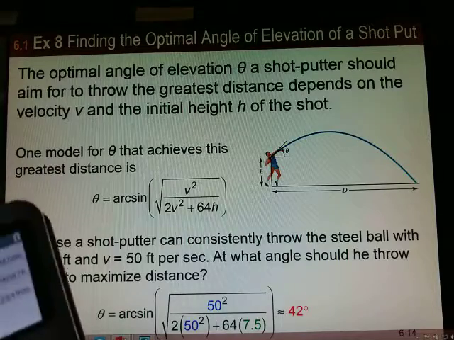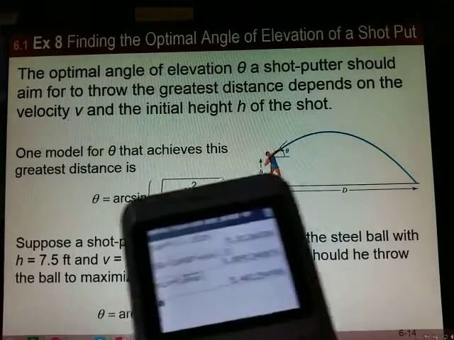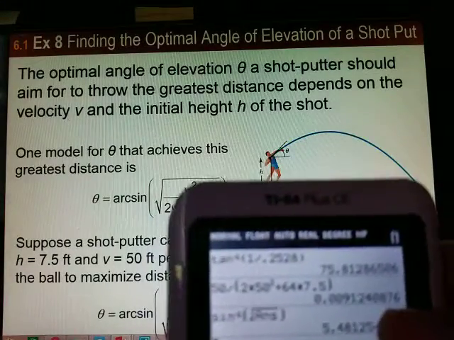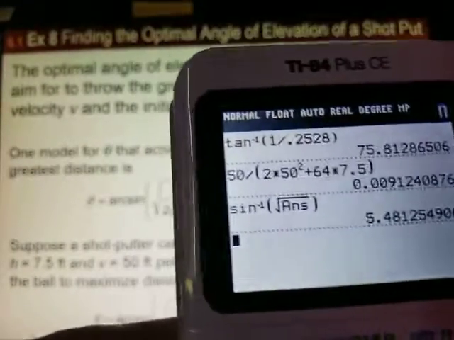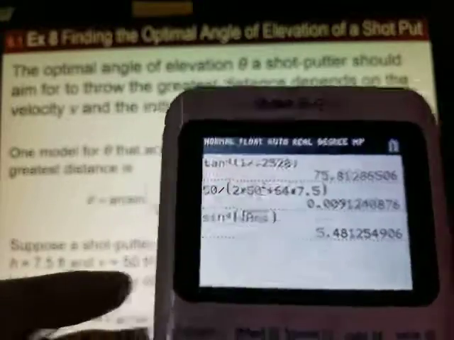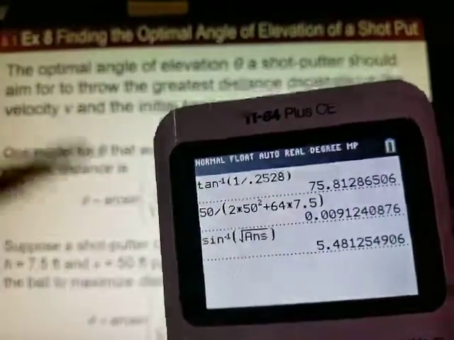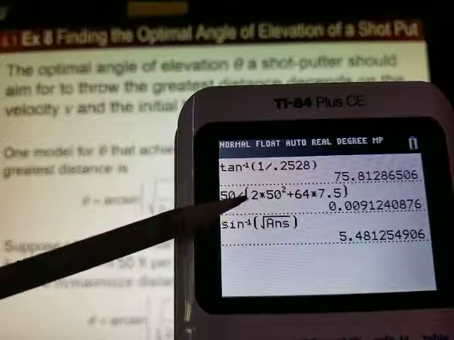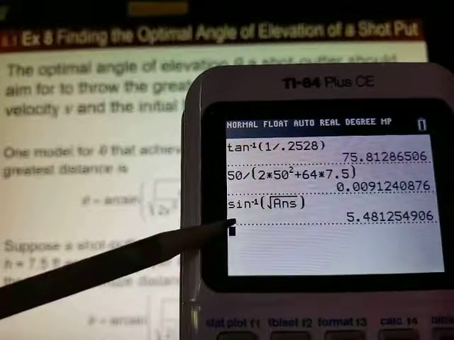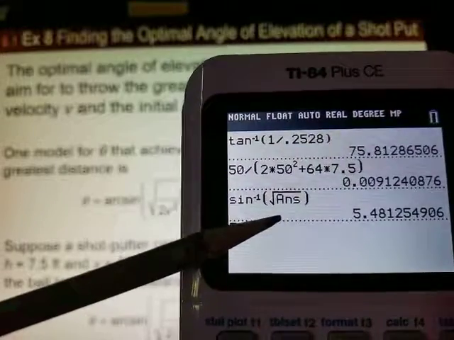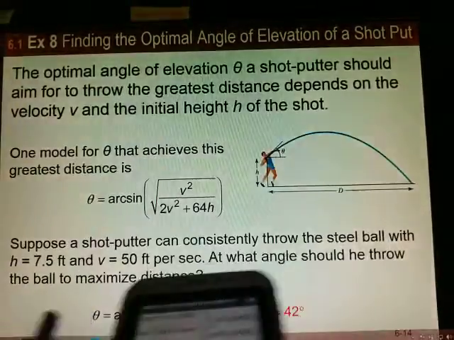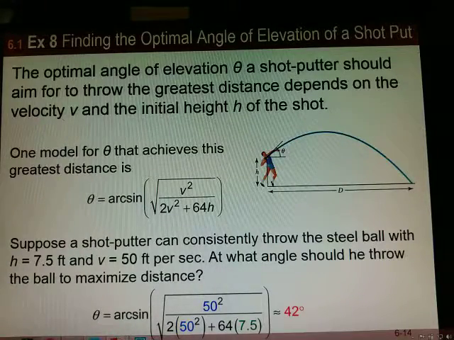Again, because everybody gets confused on all the extra parentheses, what I prefer you to do is to type in your numerator. All right, so there's the numerator of 50 divided by the entire denominator in parentheses. Then I wanted the inverse sine of the square root of the answer, and that's how we ended up with this final answer here. So he needs to throw it at an angle. Oh, and my mode was in,